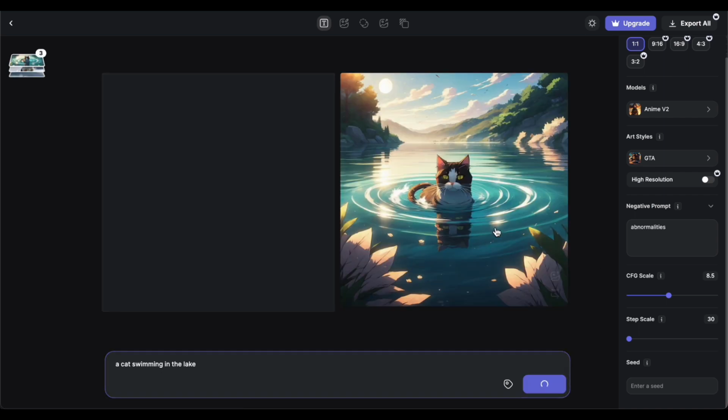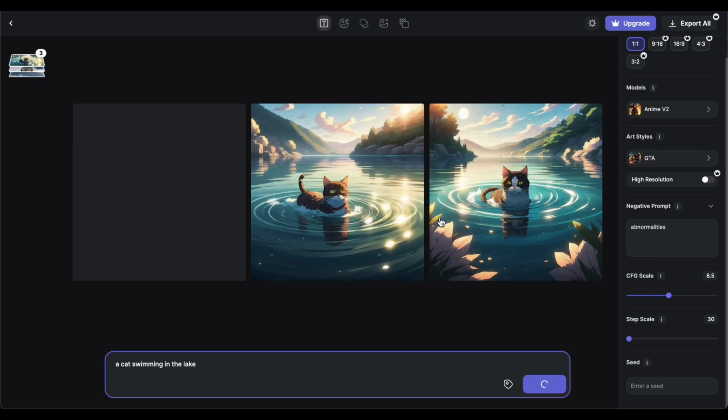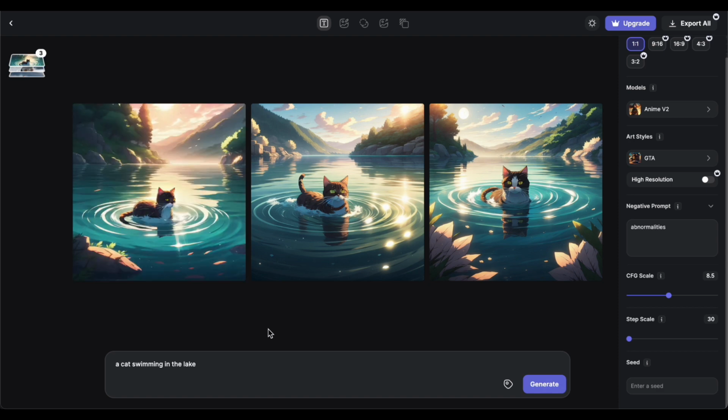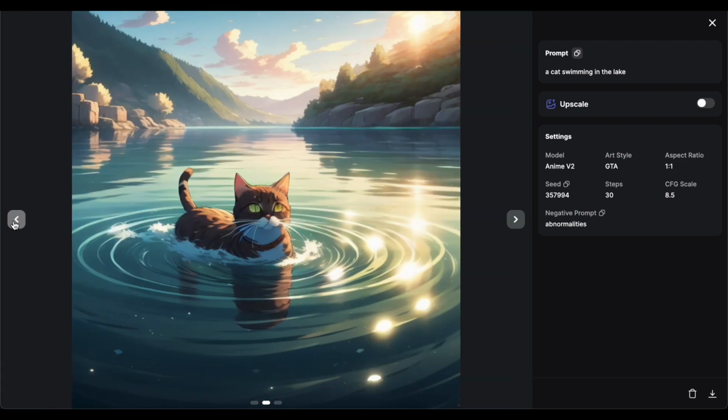But why stop at just one interpretation? Clicking the Generate button once more allows us to unravel more variations of the same prompt. It is a journey into artistic exploration, each click revealing a unique perspective and artistic nuance. Feel free to save any image that resonates with your creative vision, adding to your growing collection of digitally crafted masterpieces. Speaking of saving,